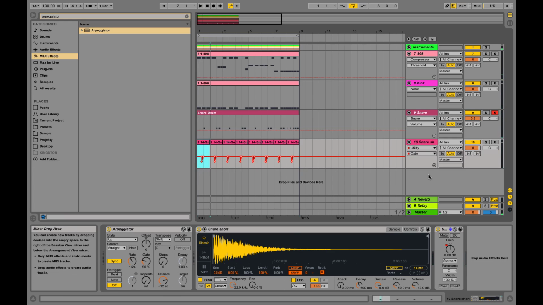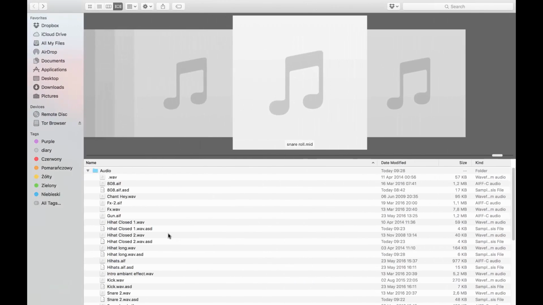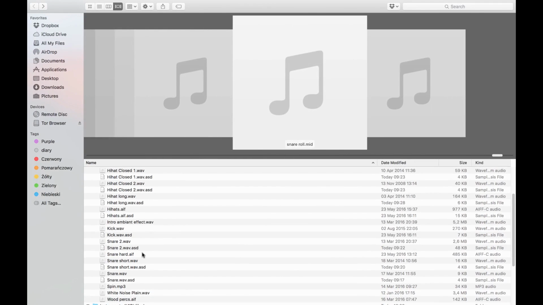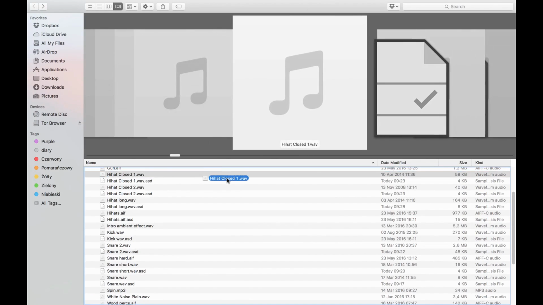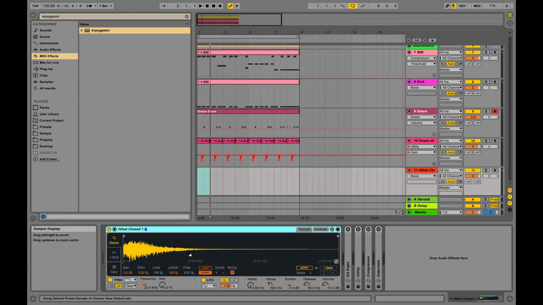Sounds fine to me. So next thing, we will make trap hi-hats. Inserting a MIDI track and dragging a hi-hat sound in there, hi-hat closed one at first. So here it is. And what we'll do now is just select the Simpler device in here and click Command G